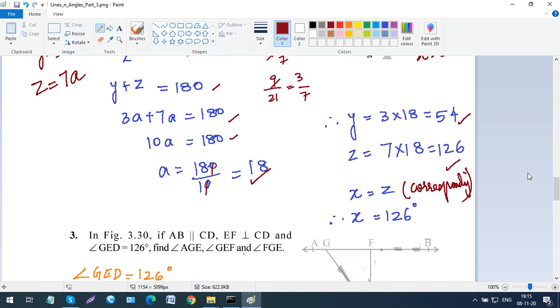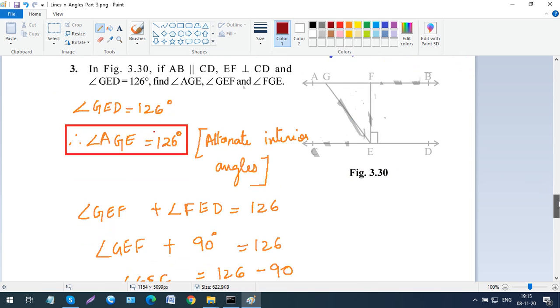All right, now come to question number 3. It says in figure 3.30, if AB is parallel to CD, so these two are parallel to each other. Let me draw an arrow like this, and EF is perpendicular to CD. Perpendicular means it forms a 90 degree angle over here. Okay, then, and angle